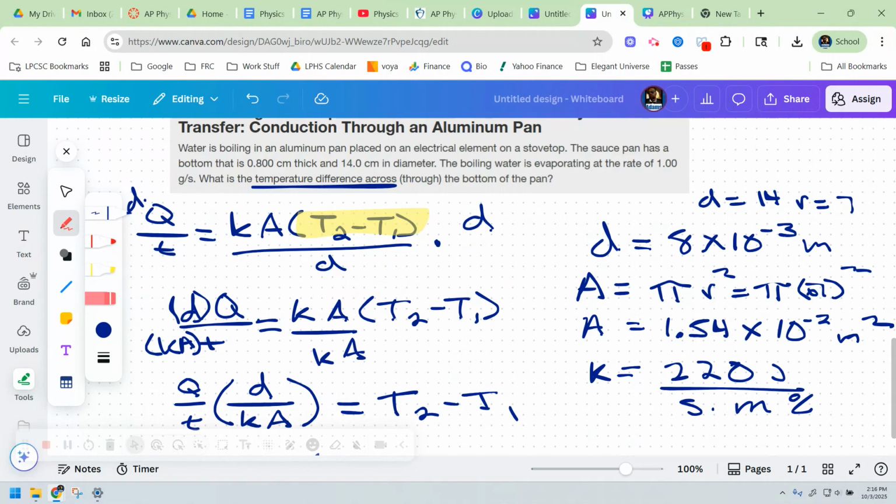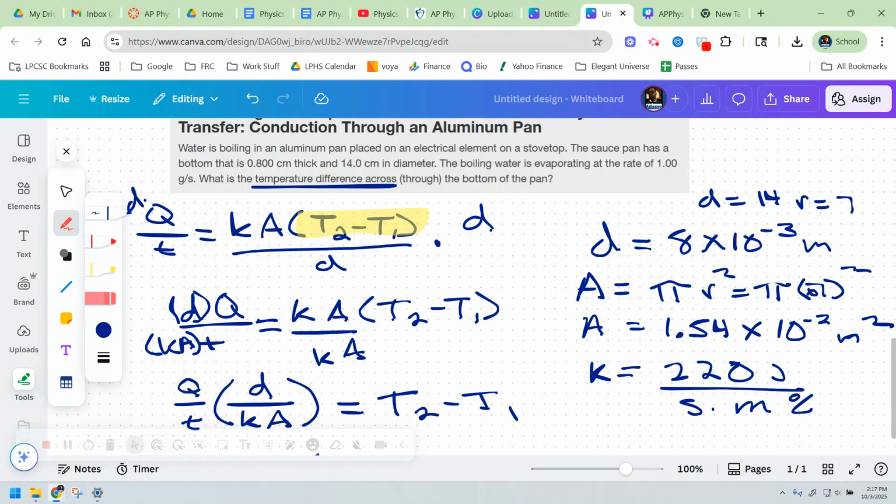While we're calculating, so this is funny. The evaporating rate is the heat transfer rate. So we're doing 1 gram per second, right? So QT would be,